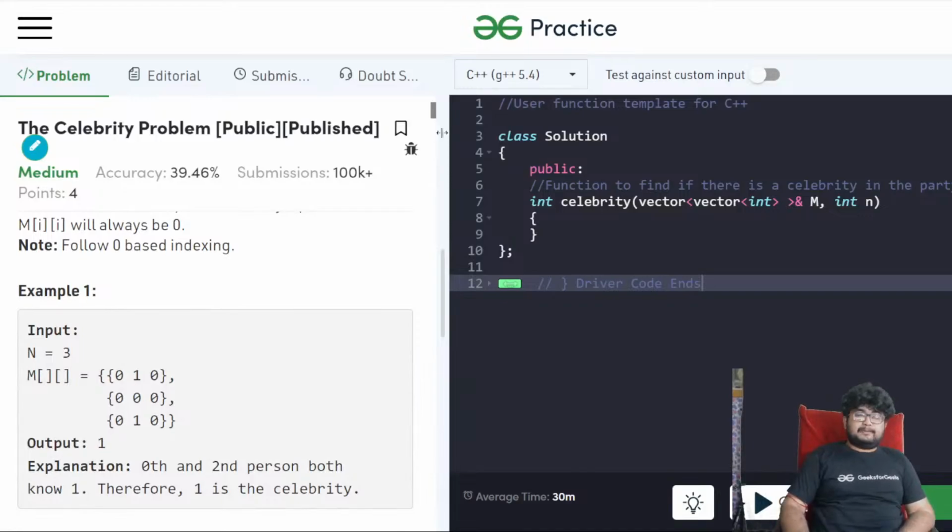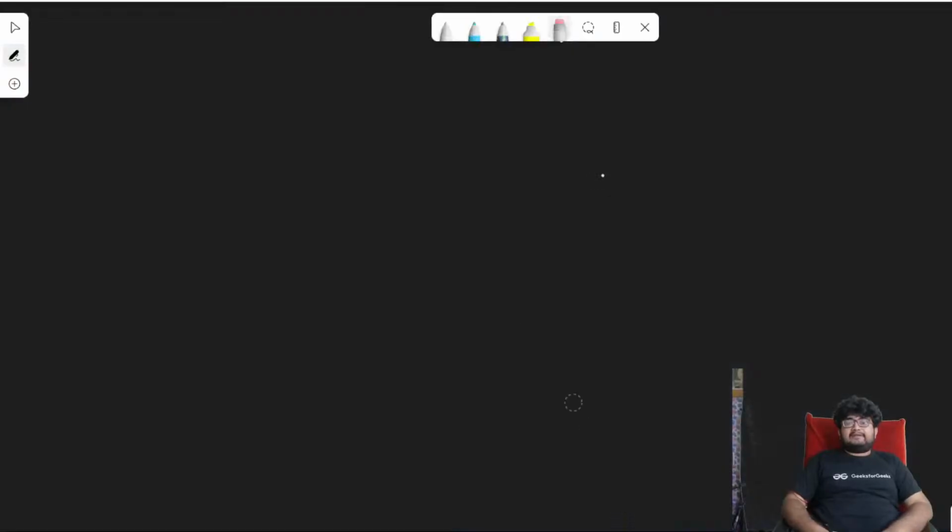The first approach that will come to our mind whenever we see something like a person knows another person, and this is given in form of a matrix, is a graph. We will always try thinking about a graph, right? So the first approach will be a graph based approach. And what is a celebrity? What is ideally a celebrity? A celebrity will be a person